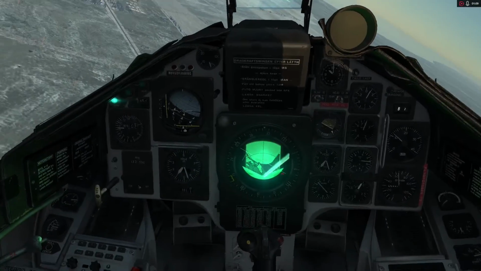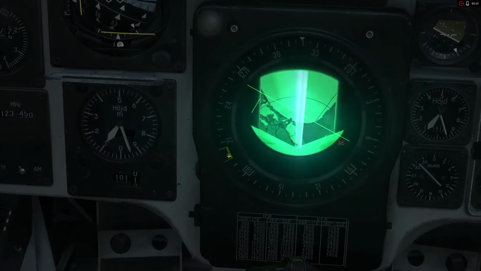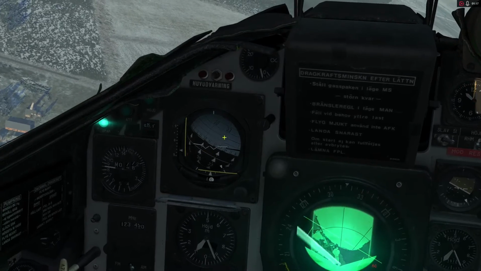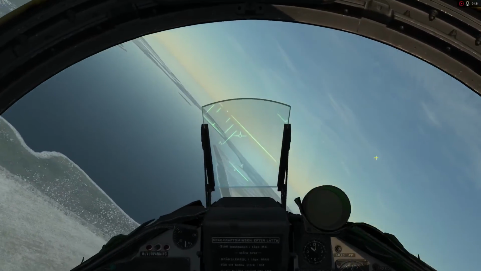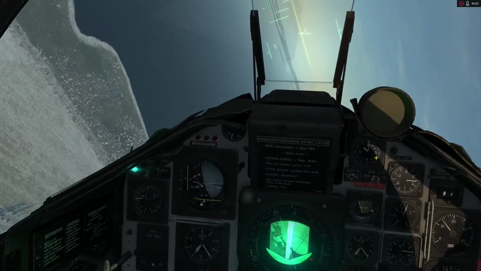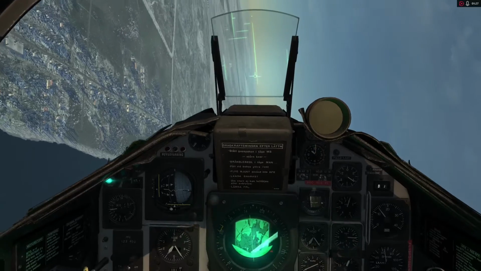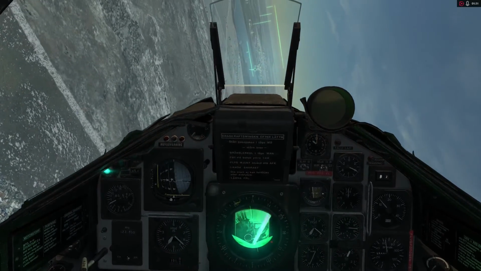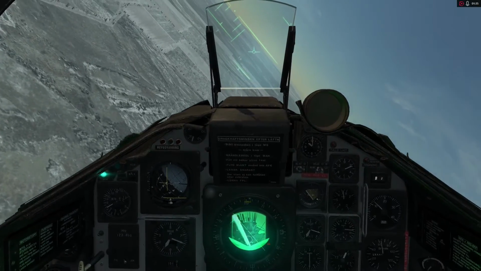Now, for navigation, you're going to have a few things at your disposal. We have a caret here on our compass, 2 bars here on our ball, and then of course we have the HUD indicators. All this stuff is telling me I need to go to the left, so I'm going to do that now. Now, lining all these things up,